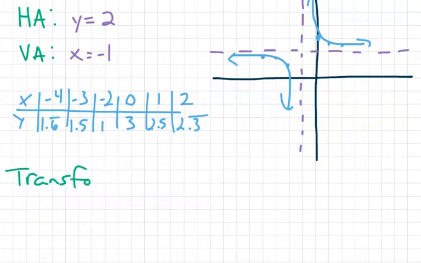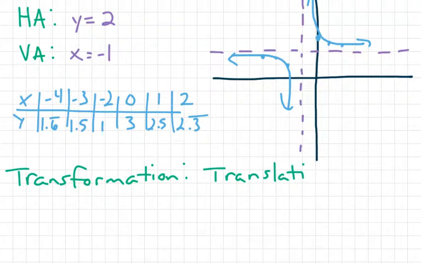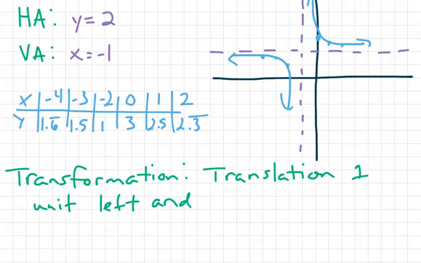So to answer the last part of this, let's say this is the transformation. We'll just make a little statement here. Transformation. We can say this is a translation because we have the +1 on the denominator right next to x. It's a translation, 1 unit left and 2 units up because of the +2 on the end, 2 up of the graph